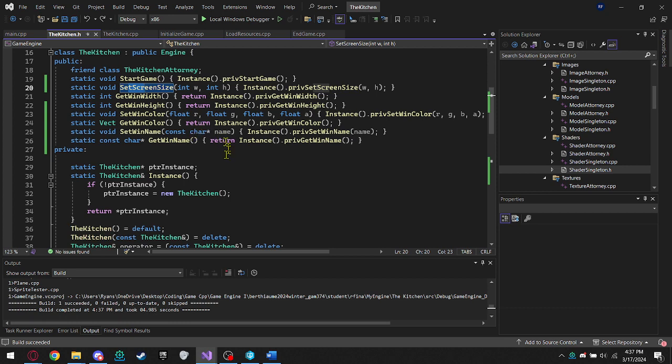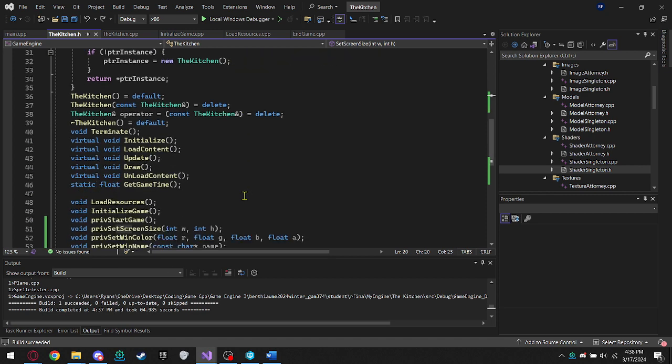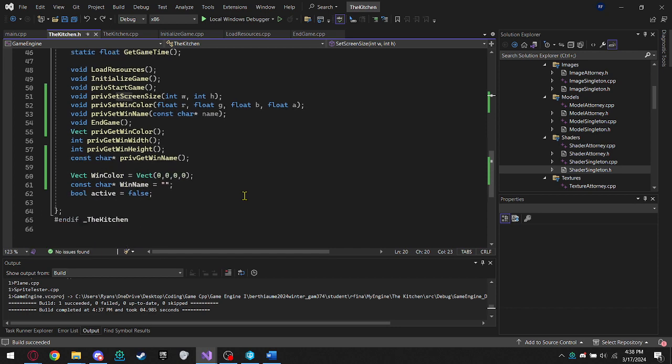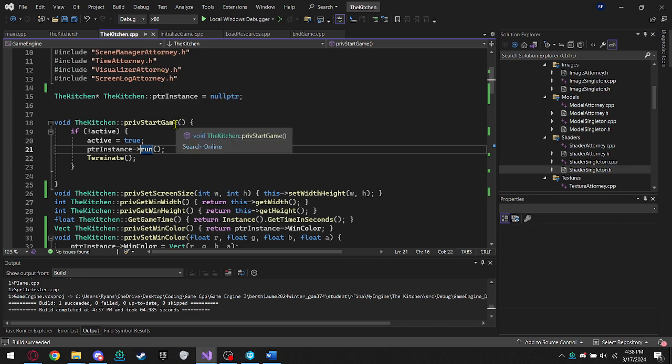So here's our header file for the kitchen class. It has our start game, setting screen size, returning width and height, setting the window color and returning it, setting the window name and returning it. Then we have all of our private functions here, as well as some variables to use for the window as well. So inside the CPP file,